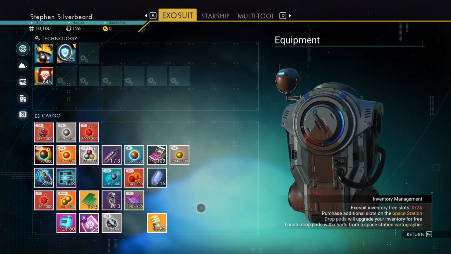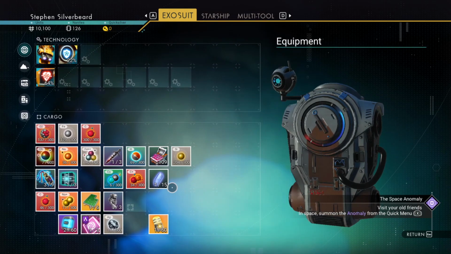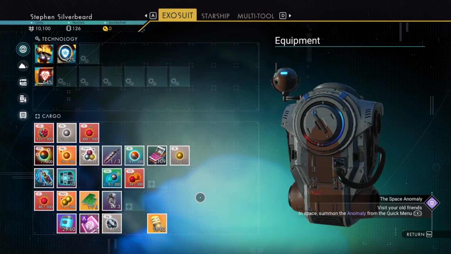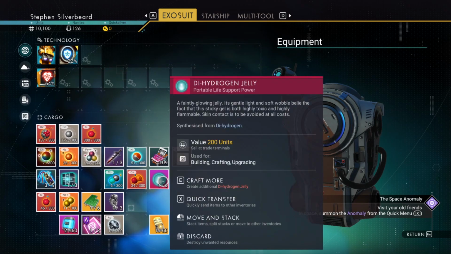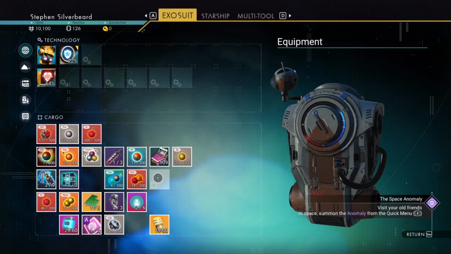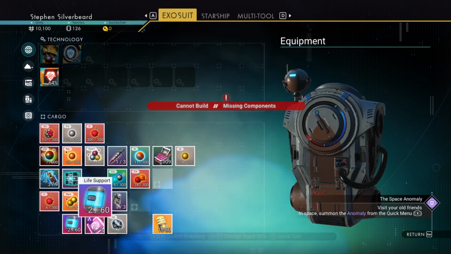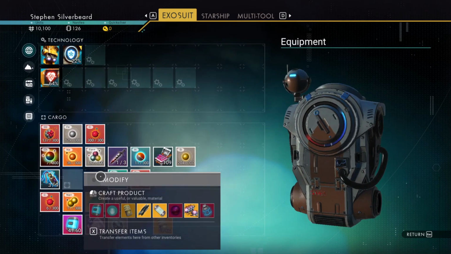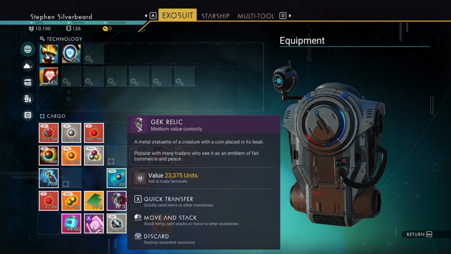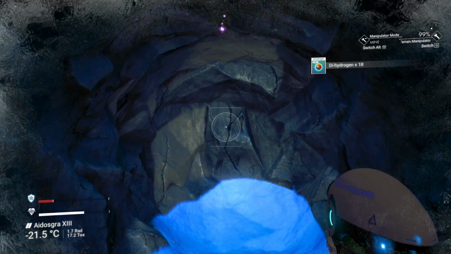What we got? Well, we can get rid of that. We can get rid of that. That gives us some dihydrogen. We actually make more of these. Okay, so we got some of those, and we can make more of those so we can take advantage of space there. Can we hold 60 of those? Corvax cubes and the Vakeen dagger and the Gek relic. It's a long shot sell to get to it, so